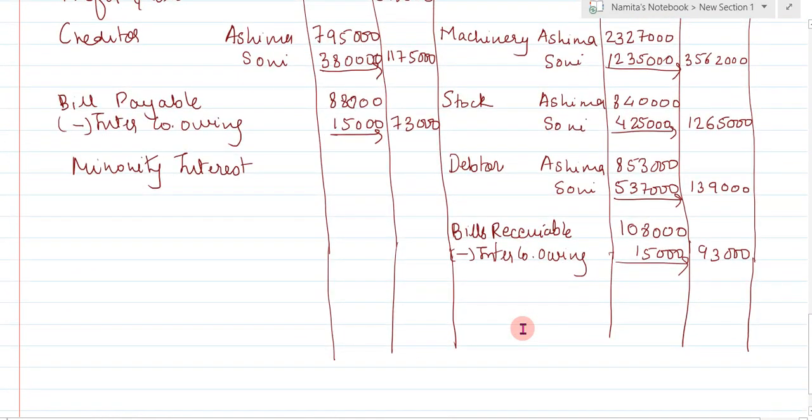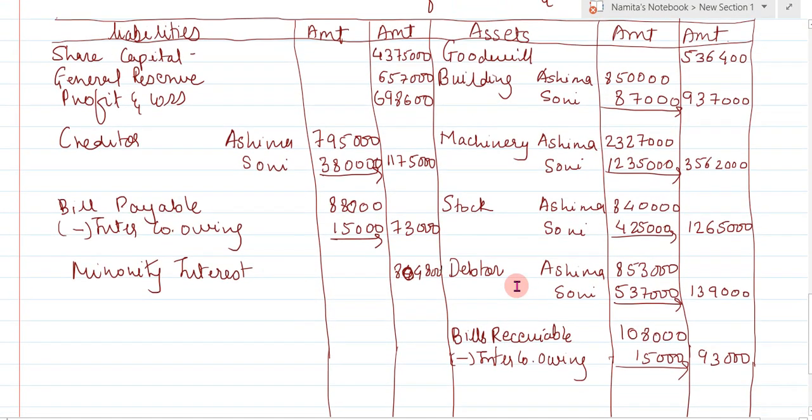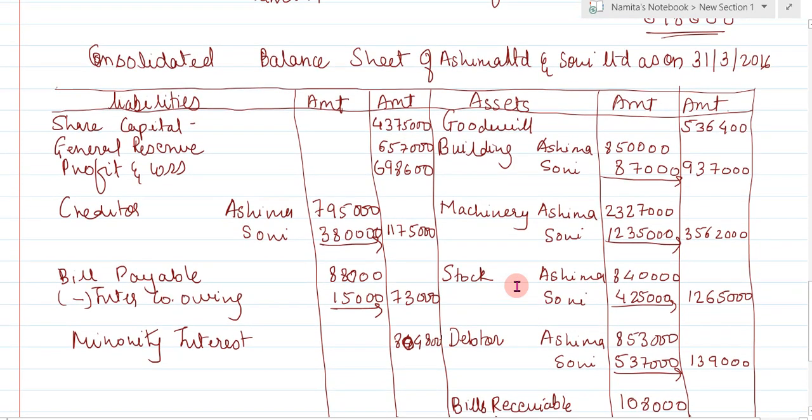Okay, so write in outer column 8,04,800. Okay, now all the entries we have posted in balance sheet, that means we have passed in consolidated balance